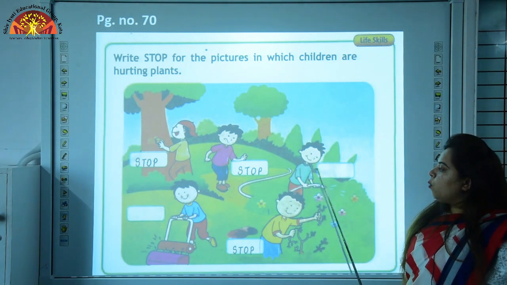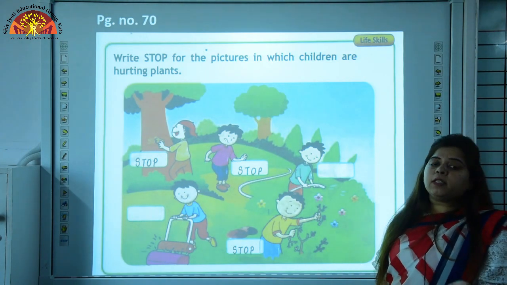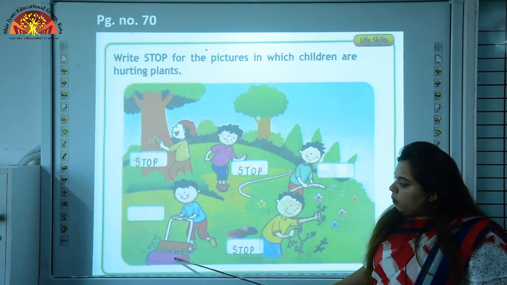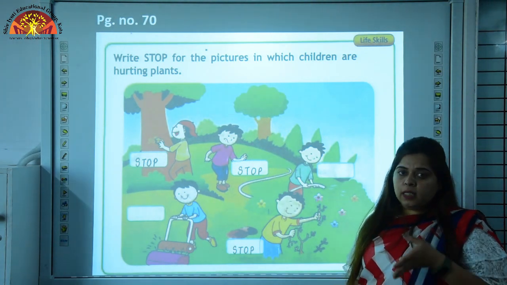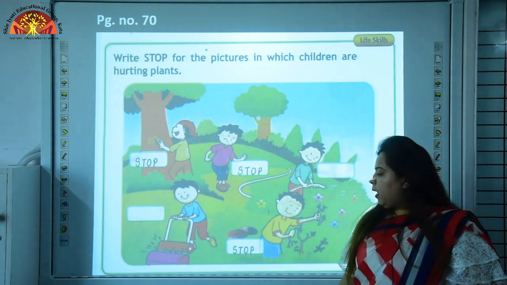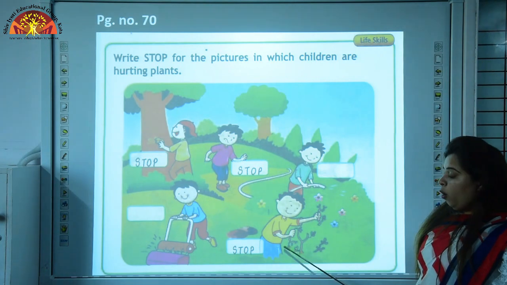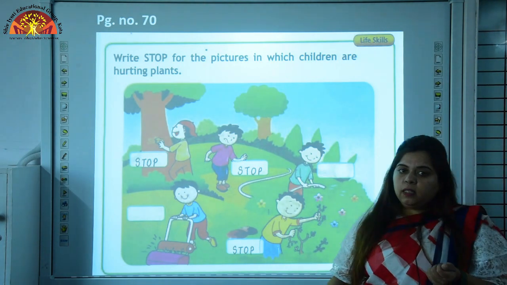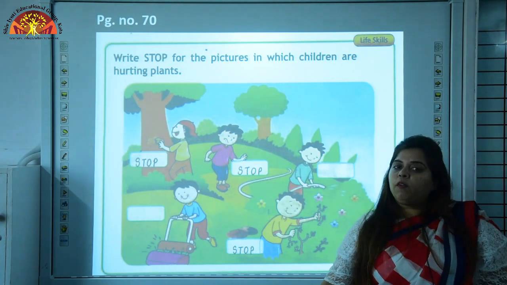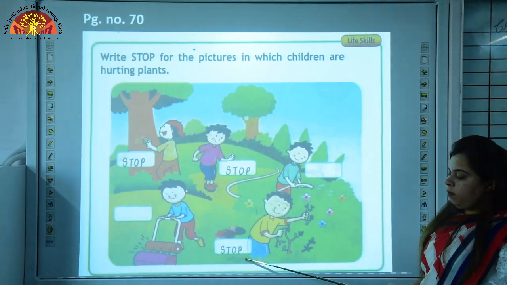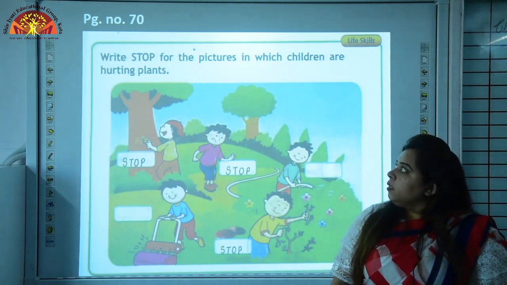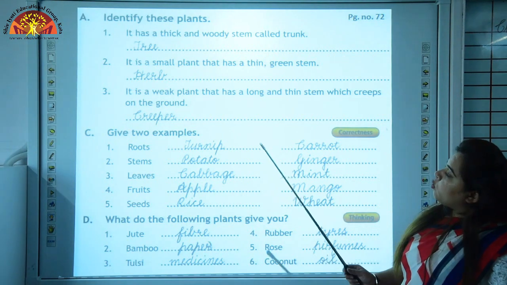This, he is watering the plant, it is a good habit, it is a good thing, so we will leave this as a blank. Now he is trimming the grass, he is cutting the grass, this is also a good habit, so we will leave this blank. Now this boy is breaking the branches of plants, you can see, so this is wrong, we will write stop over here. Okay children, I hope you have understood this question well. Now let's switch to next question, page number